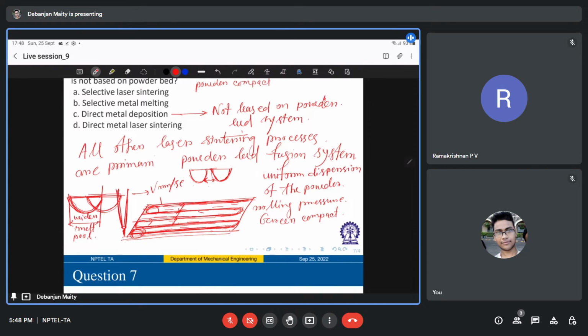So there can be different kinds of process parameters. It also depends on your scanning speed. If you are moving too fast, whatever heat will be generated will not be too high, right? So if your scanning speed is high, your heat generation will be less. So depending on your heat generation or how fast you are cooling, basically your cooling rate also affects your